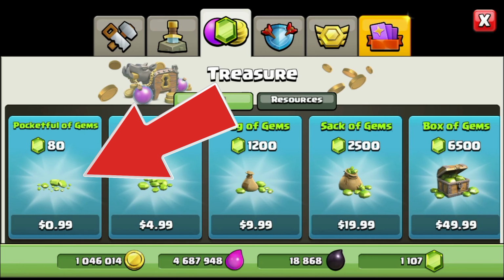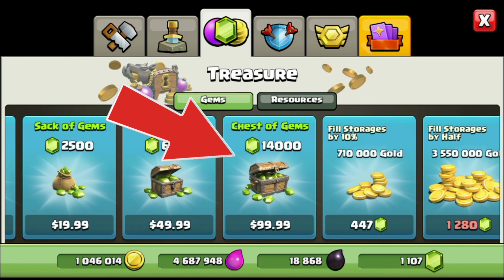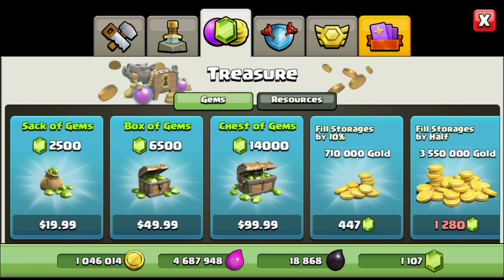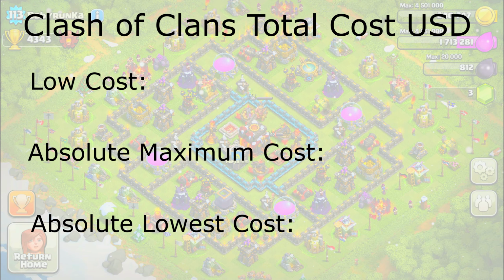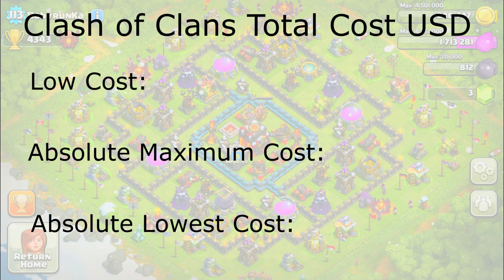So here is the absolute worst gem rate possible in the game, and over here is the best possible gem rate we can use in the game, which we will use to calculate the low cost criteria. So by using a calculator, we can figure out the answer to our question. So in order to figure out our first criteria, I first got our total gem number that we figured out before. I divided that by 14,000 gems and multiplied it by $99.99 to figure out the total cost. The figure that I got was an astounding